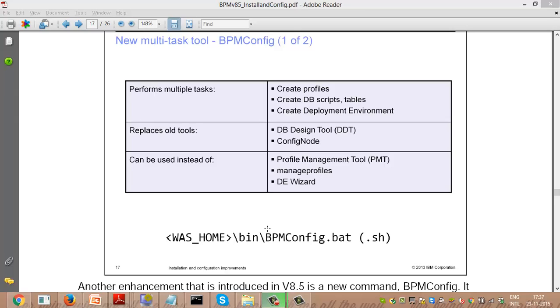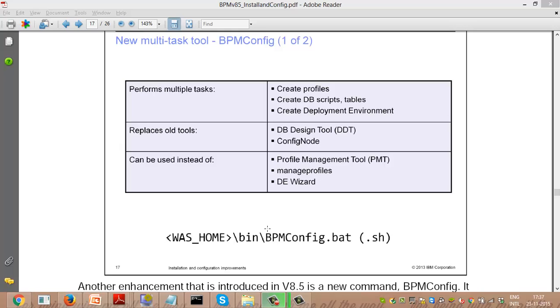In this video we are going to discuss the BPM config wizard, or the BPM config engine, we can say. Like in Portal you have WPS config, they created a BPM config engine in the 8.5 version onwards. So how is this useful? Let us have a quick look at what all things it can do.